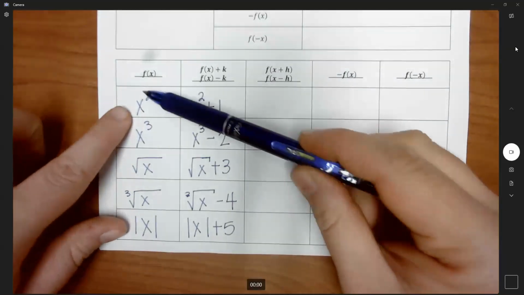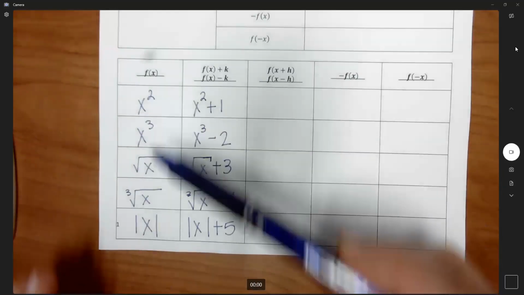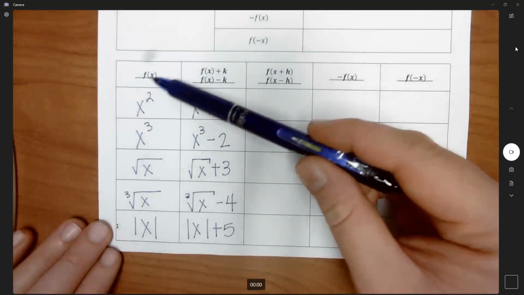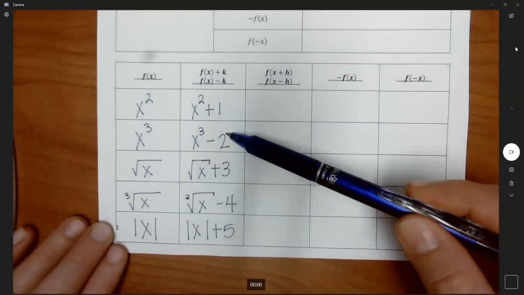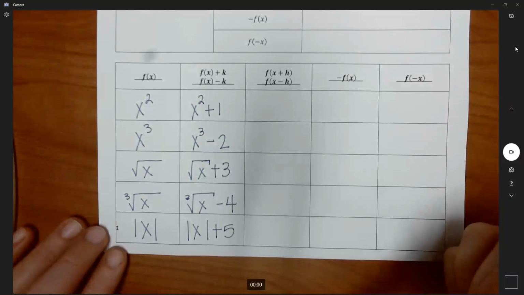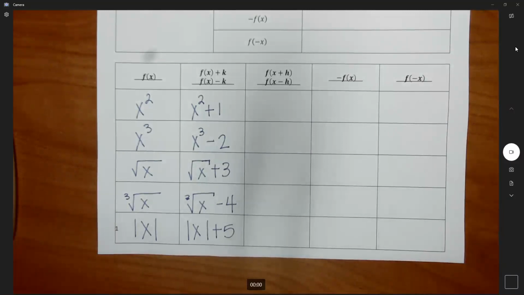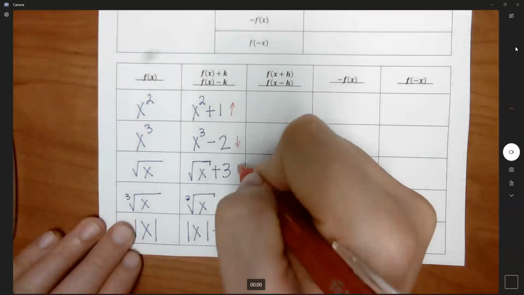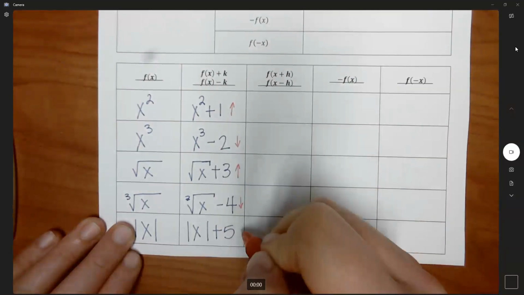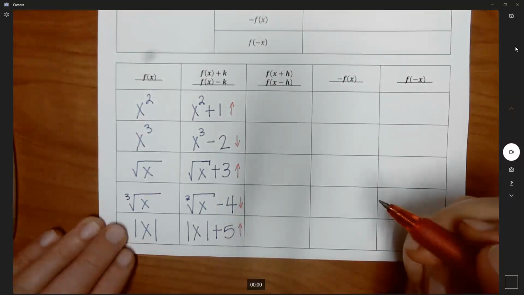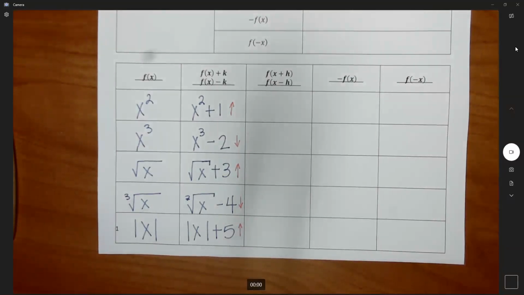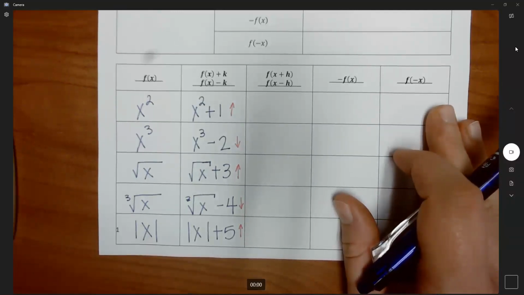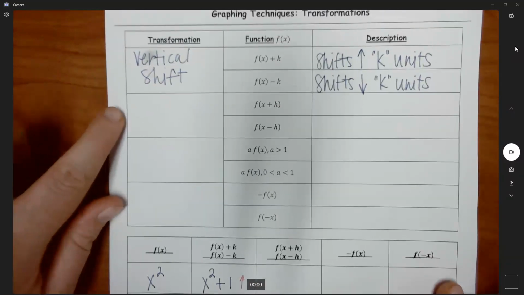So I have whatever this function is, right? And these aren't the only functions that we can have. Whatever my basic function is, I am adding something to the very end. And what this does is it moves it in a direction. So this goes up 1, down 2, up 3, down 4, up 5. Okay. So we're going to go back and forth between these two charts. So the next one